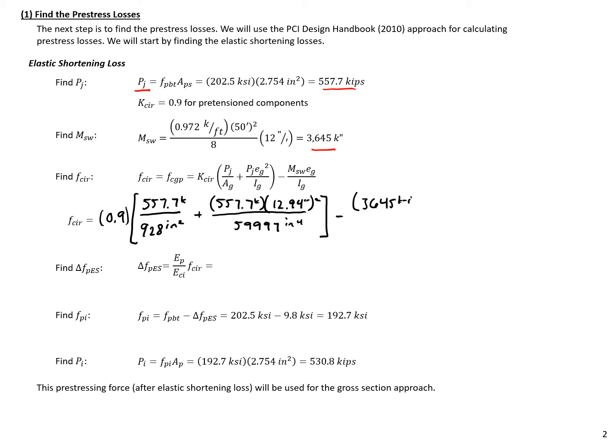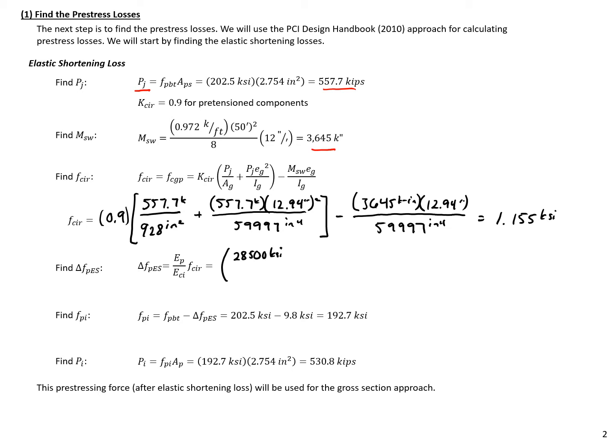3,645 kip inches times 12.94, our eccentricity, all divided by our gross moment of inertia, again, 59,997 inches to the fourth. So this will give us a stress at the centroid of our pre-stressing strands equal to 1.155 KSI. We can take this stress times the ratio of our